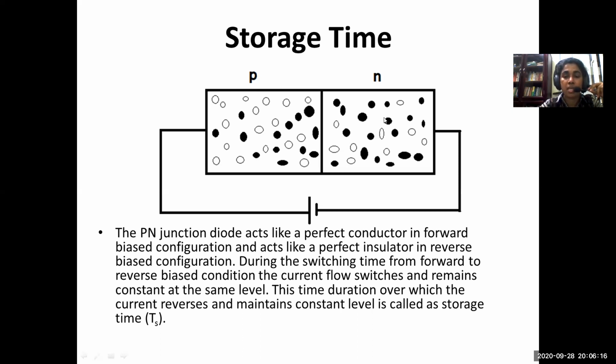and stored charges in the N region are holes which came from the P region. So these stored charges are actually present in the interior of the P region and N region. So when you immediately reverse bias, the first thing that you have to achieve is you'll have to somehow drain away all these stored charges completely from these regions. Otherwise, the current will not reach zero.